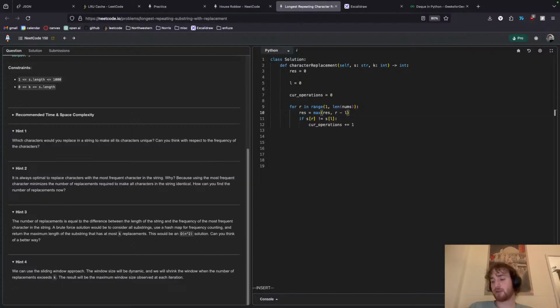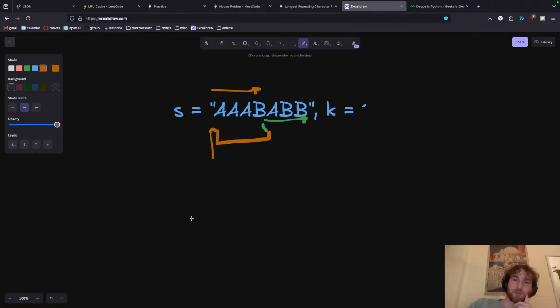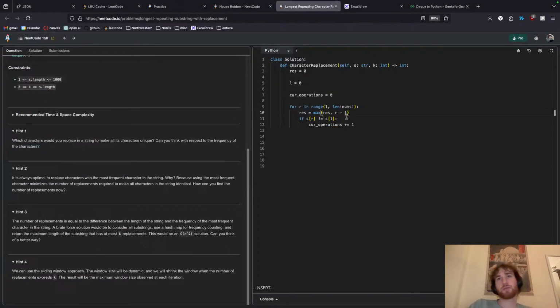So is it just R minus L? Is it that plus 1 though? Because if we have AB, that's 0 and 1, but this is a length of 2, so I think we need a plus 1. Might be wrong about that. If S at R is not equal, then our current operations is going to be greater. So then we want to move